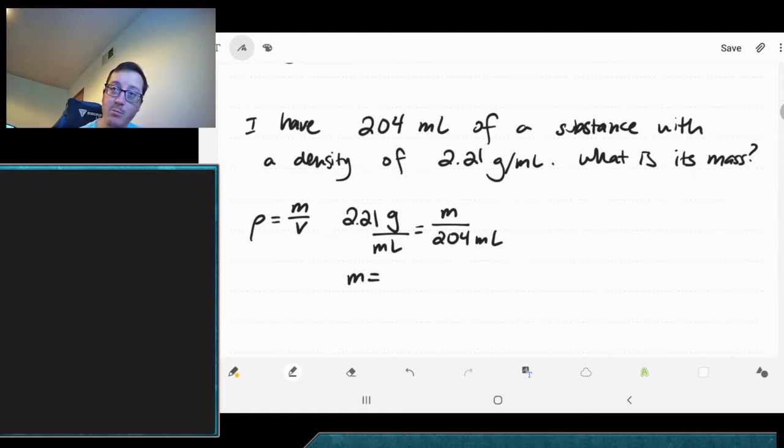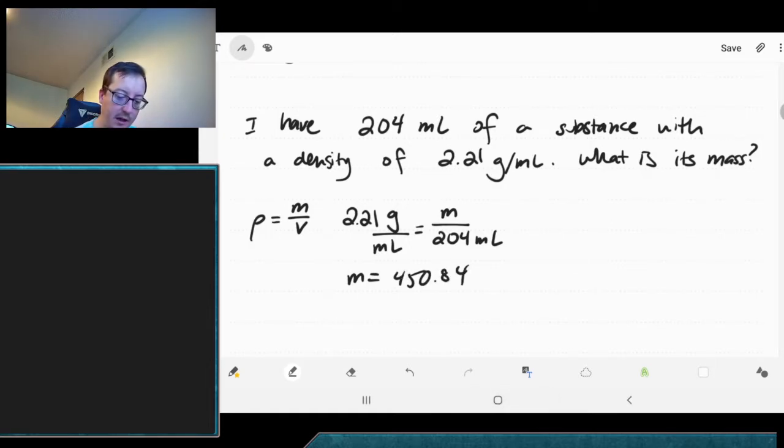So remember, gram per mL is the same thing as gram over 1 mL, so we don't need to write that in. Hopefully we can just solve this. We would just multiply the two together. I don't know where my calculator is. That's always good. So I'll use Google. Okay, so what am I doing? 2.21 times 204, and we get